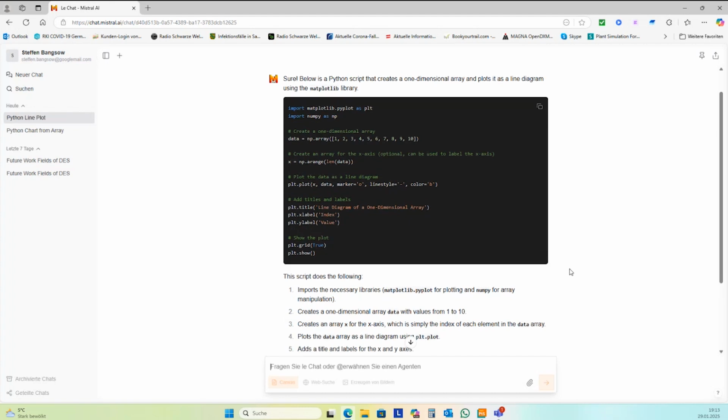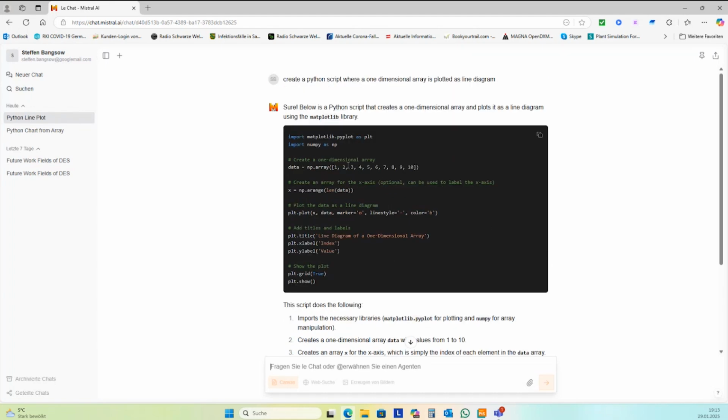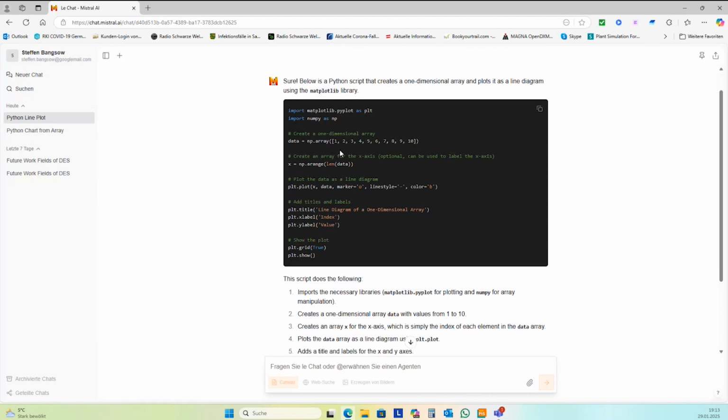The AI will write to us a code with sample data. We need to replace the sample data then with real data. And here it's another interesting library. It's NumPy. It creates sample data if you need one for simulation with different distributions. But here we need to install first matplotlib here for Python. So we can use this to create our charts. And this is one step maybe you have to do if you want to follow me.